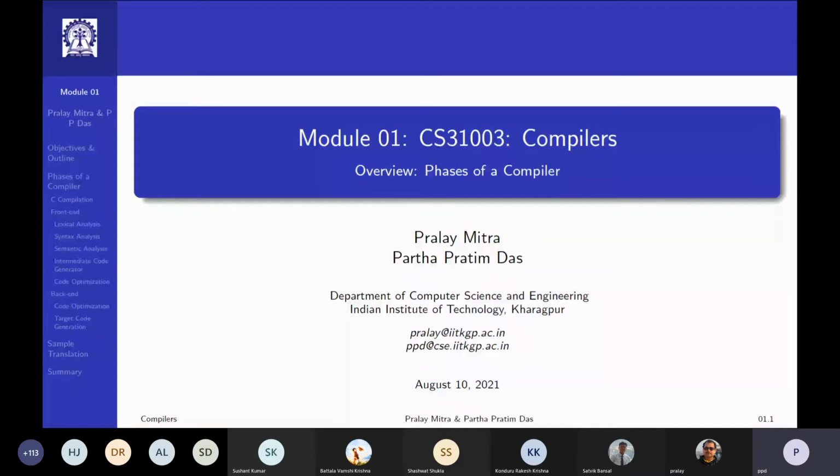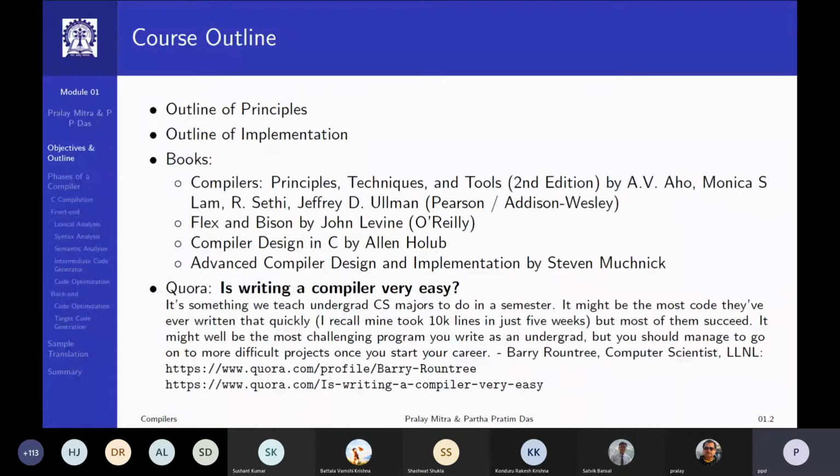So the compiler, as you know, is a very complex software. I'm just going to give you a very brief course outline here, telling you about the different phases or components that the compiler has.